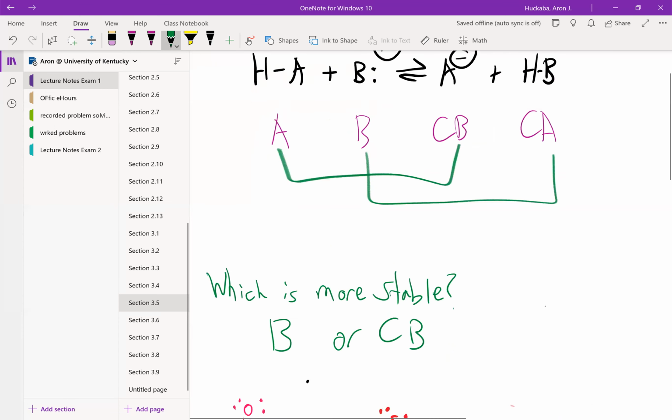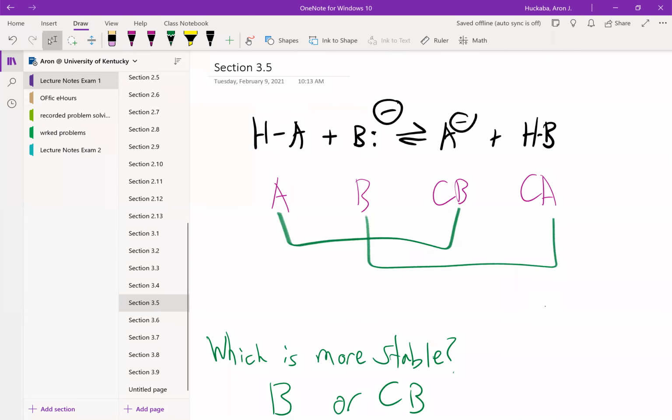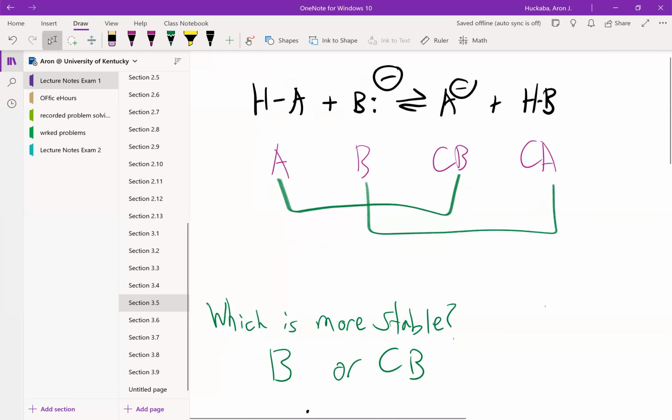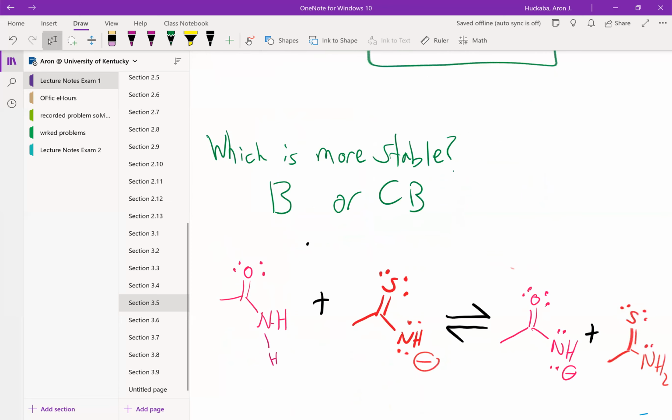Okay, so the question is then, which of these is most stable? The most stable base here is a little hard to tell when the reaction isn't truly shown there. So we're going to show